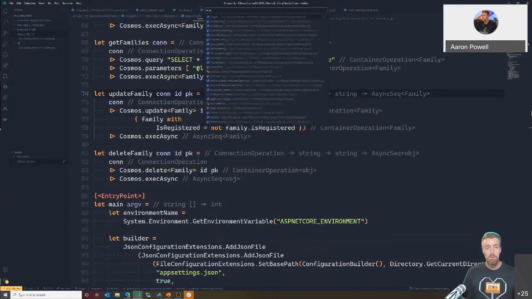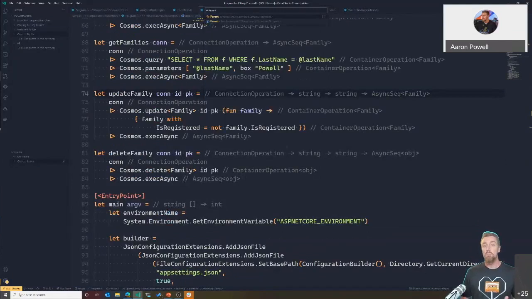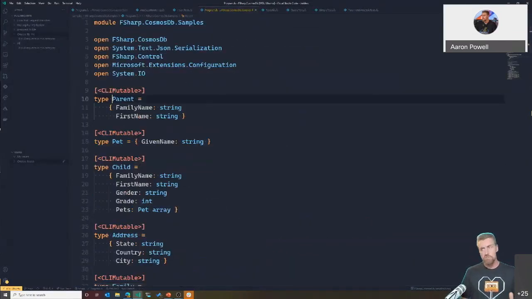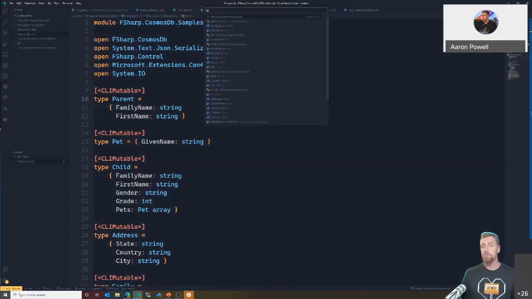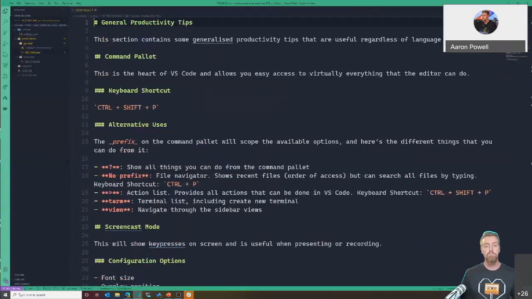I can type in parent again, and this will find me that record type, and I can jump through to that. It doesn't do the kind of in-file navigation because you can be navigating across multiple files, and that would get very complex as an editor experience. You're bouncing back and forth between files as you move up and down because the symbols are just listed in alphabetical order. But yeah, so Control P, and then hash if I want to look at symbols across the entire workspace I've got open, @ if I want symbols inside the current file.